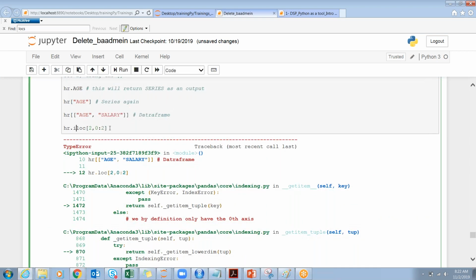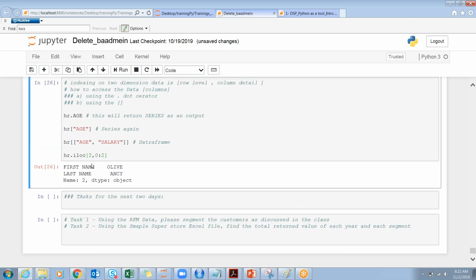iLoc is the actual indexing in this case. Yeah, here we go. Can you see this? So loc is used when you are passing the data and filtering the data based on the column names. I will tell you the difference. First of all, you have an iloc, and based on that, you have retrieved the second row and the first 2 columns. If you are looking to get the data being filtered based on the,